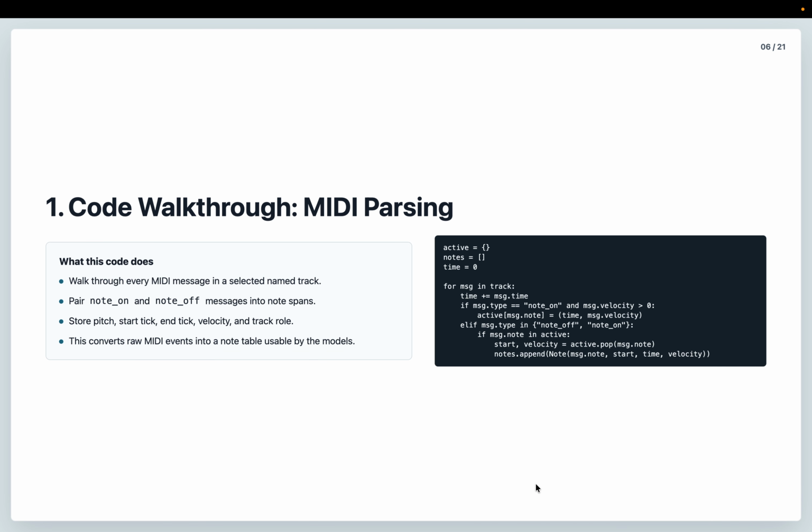I also treat note on with velocity 0 as a note off because this is a common MIDI convention. This is a small implementation detail, but it matters for reading real MIDI files reliably. In the code walkthrough, I've emphasized that this parser is not a model yet. It is the data extraction layer that turns MIDI into examples the model can actually learn from.